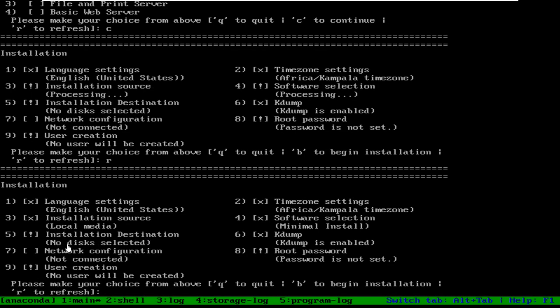Right now it is saying no disk is selected. So you have to select the hard disk for installation, and you have to create the partitions to install your machine. Now for creating the partition, I'll go for selecting the disk and creating partition. I'll go to number 5.